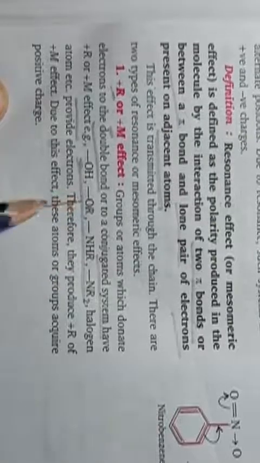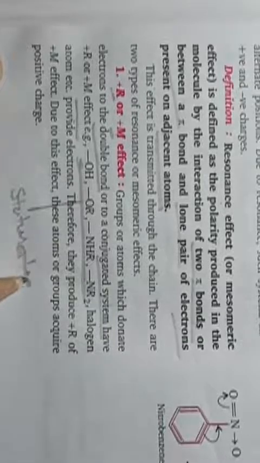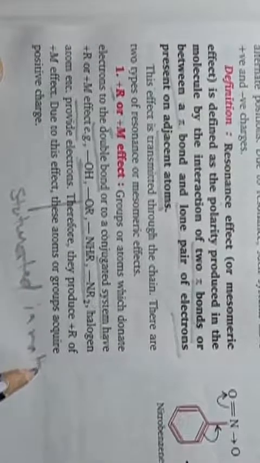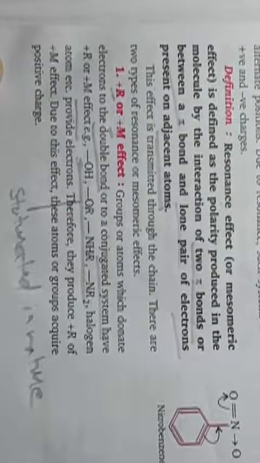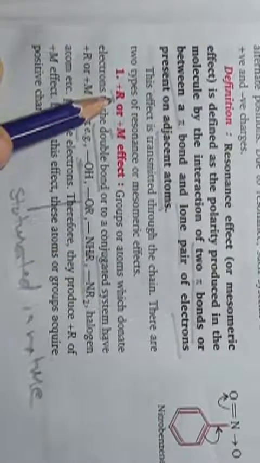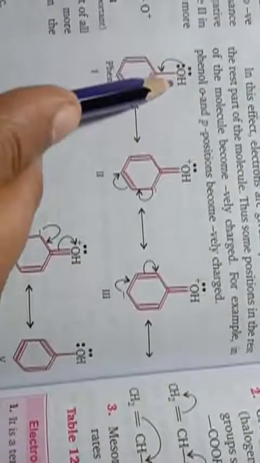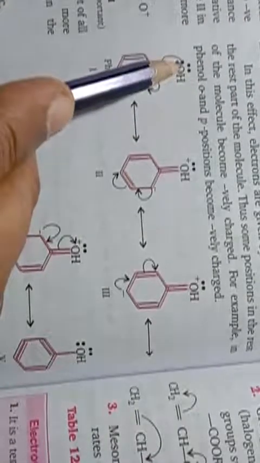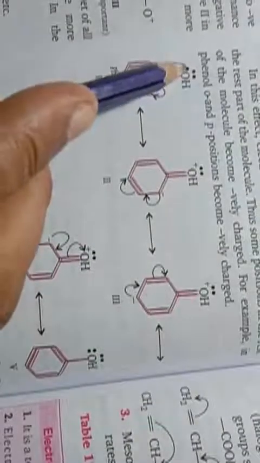So such groups, as you can see here, are saturated in nature. Saturated in nature means in these structures all bonds are single. So all saturated groups are showing positive M or positive R effect, as you can see in the case of phenol. This is the structure of phenol, and in phenol this OH is present. So in the OH, this hydroxy group, O has a lone pair of electrons. So this lone pair of electrons will